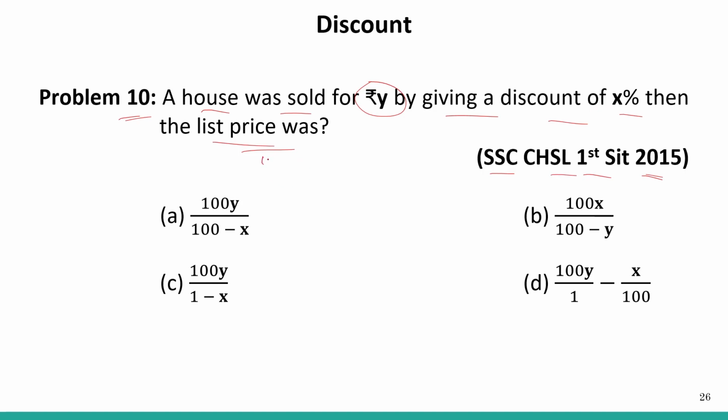So 100 minus X, by 100, is equal to Y. So solving for X, what we are left with is 100 minus X is equal to